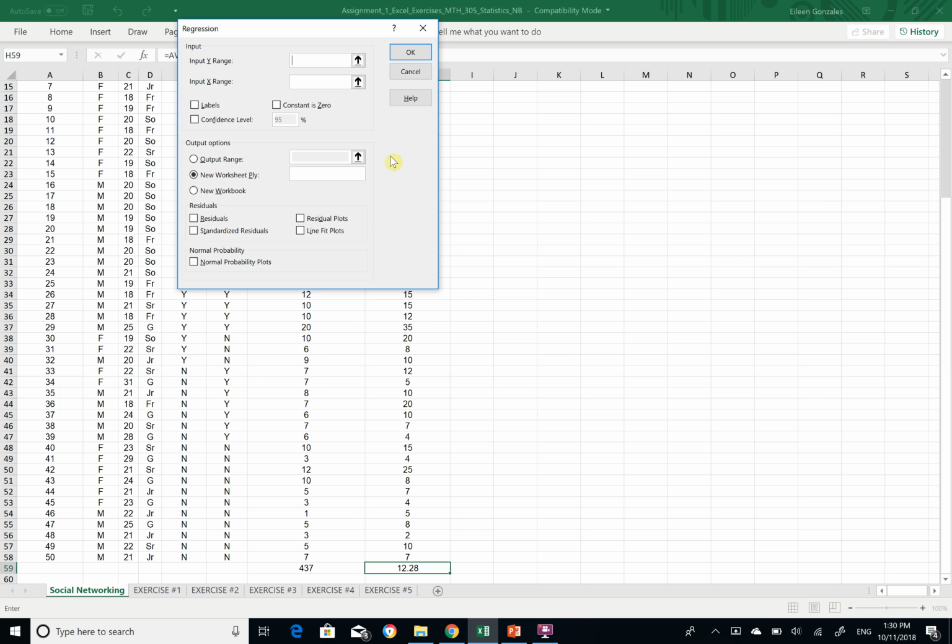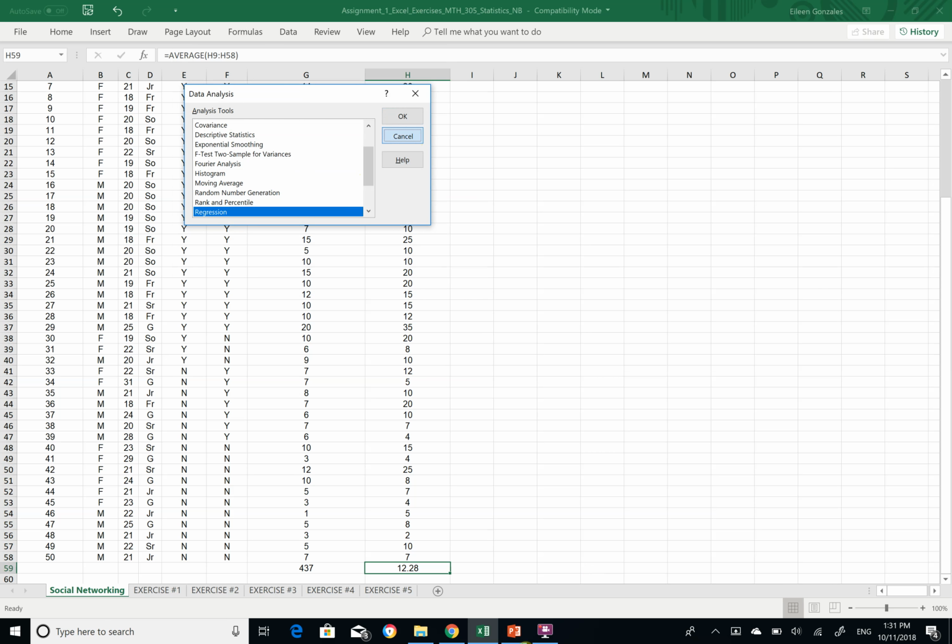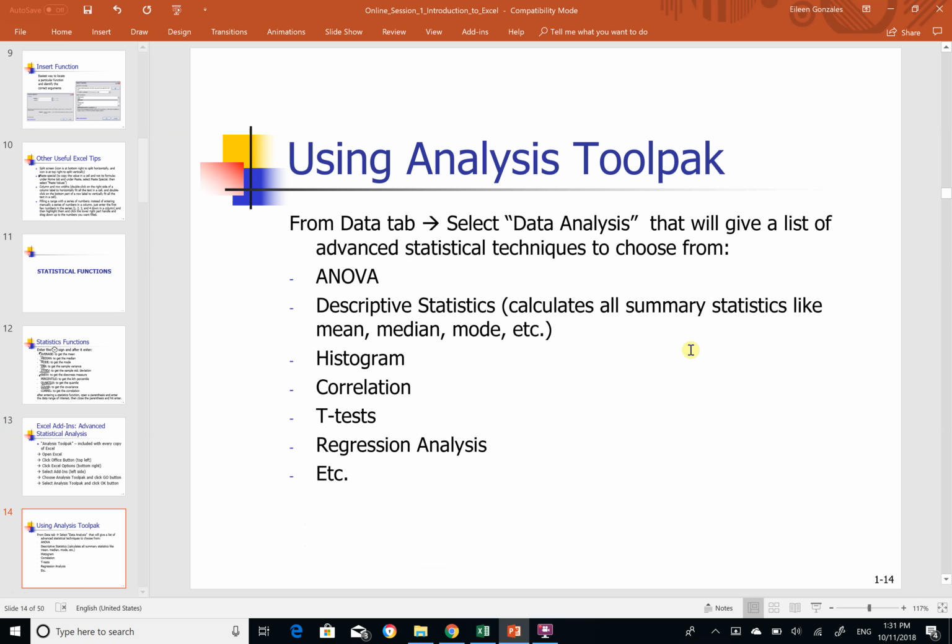Okay, and so this is kind of how you do it. You'll get another dialog box. So this is regression, and this gives you an option to highlight the y range, highlight the x range, whether you included the labels, your confidence level, and where you want to put it. I'm not going to show you how to do that, but I just want you to get familiar with it, and it'll all come together at the end. So cancel. Let's go back to our